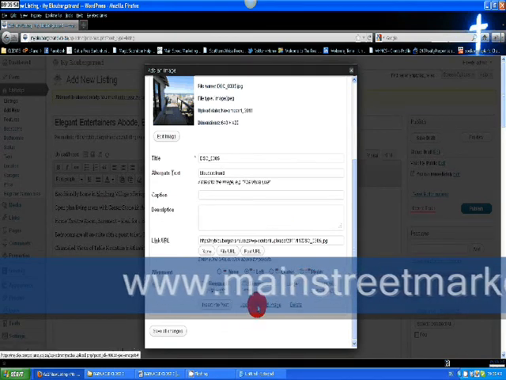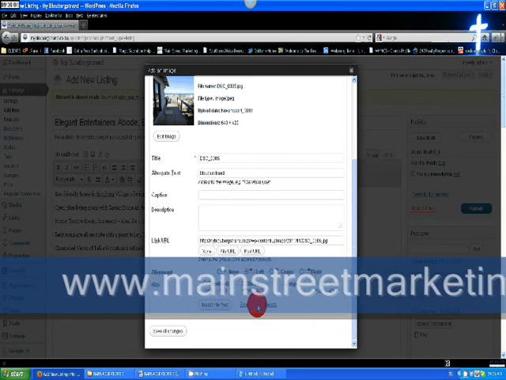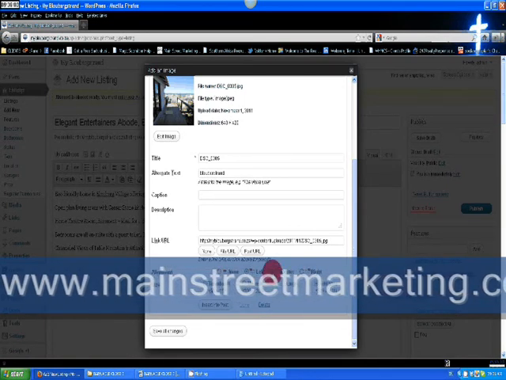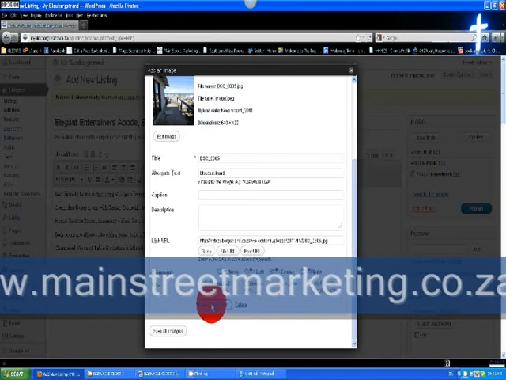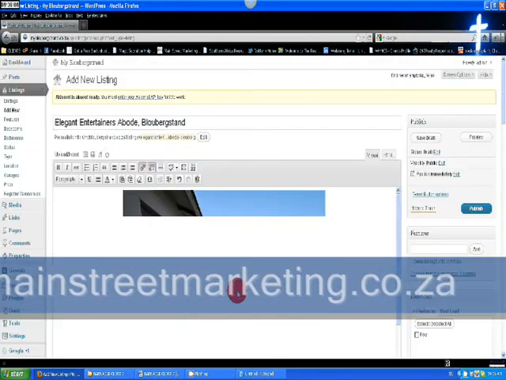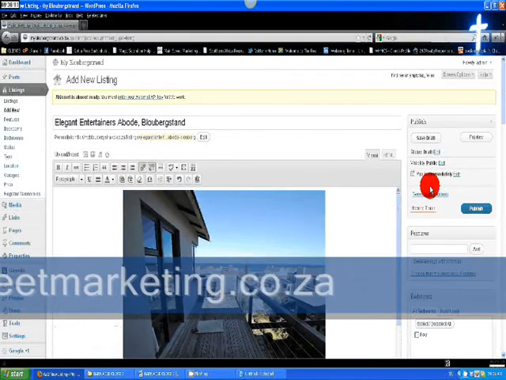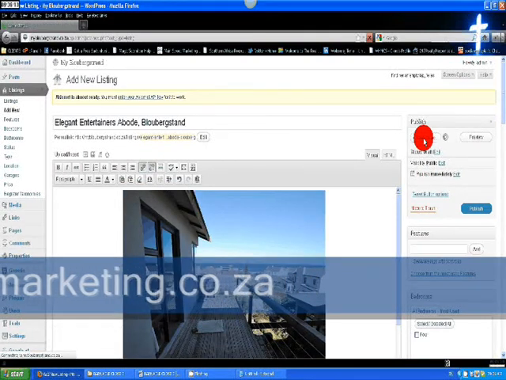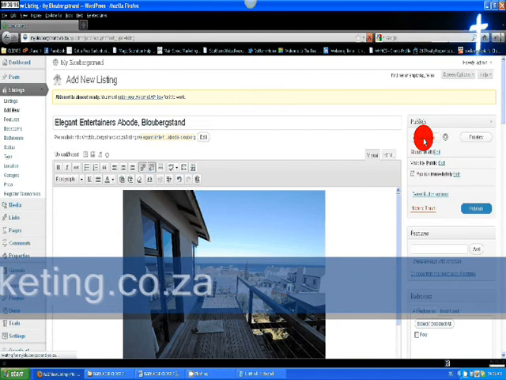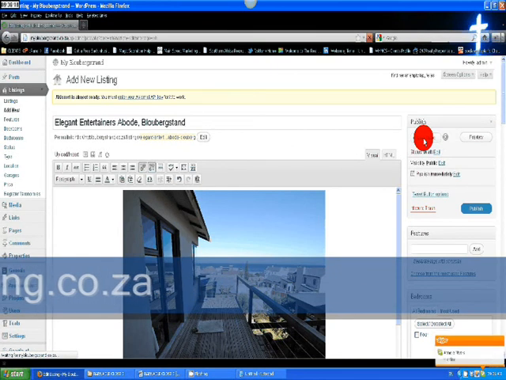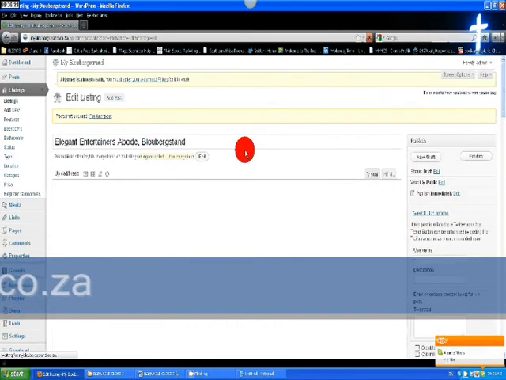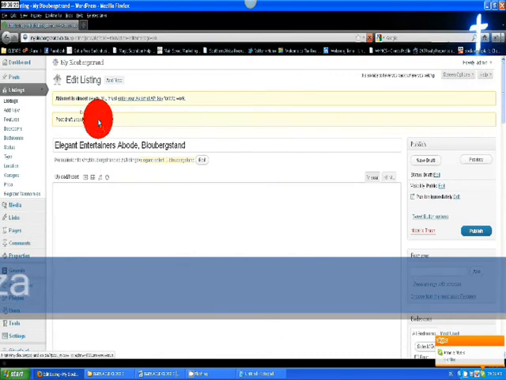The great thing is that you can now click on save draft, and this is going to show you what your post is going to look like. You click on preview post, and it will open up what the listing looks like. This Elegant Entertainers Abode is about Blouberg Strand. There's your main picture and your description in there. Alright, so what we'll do now